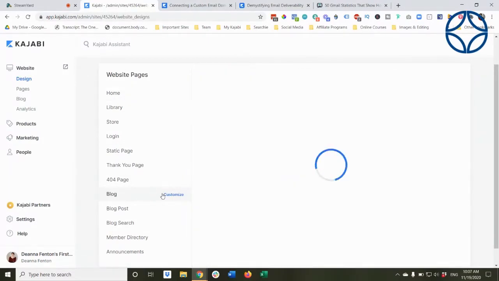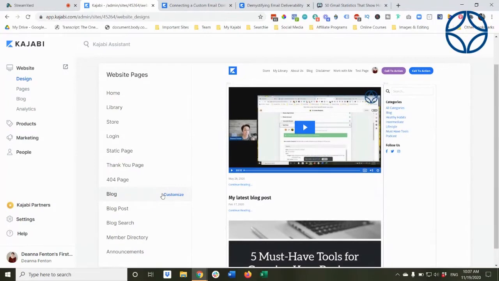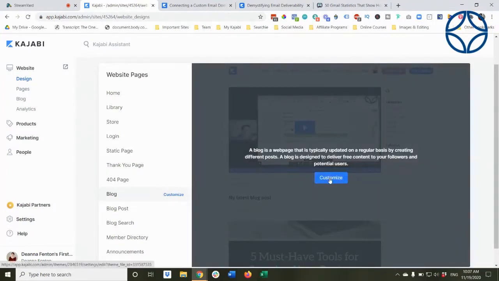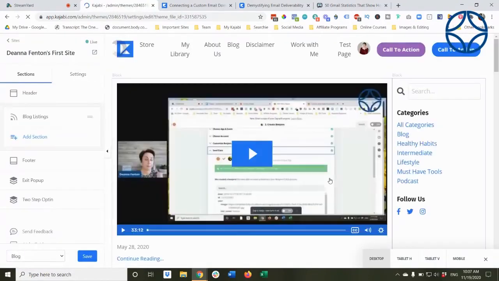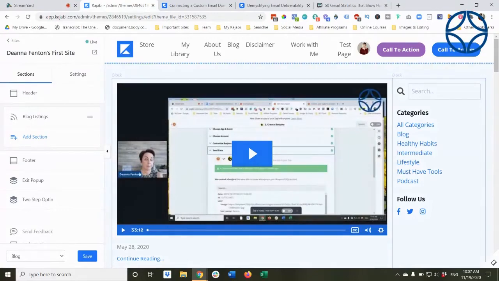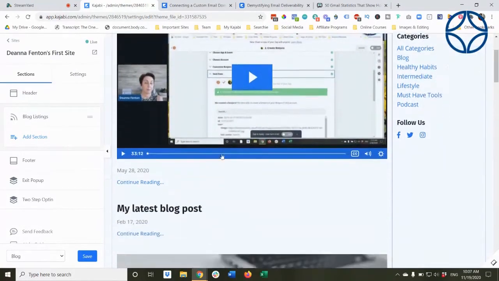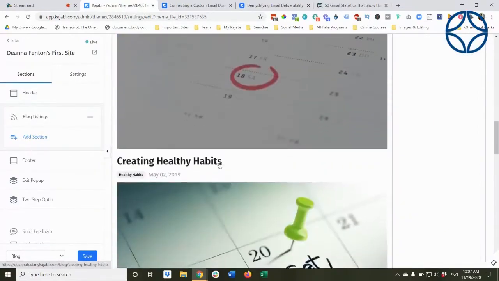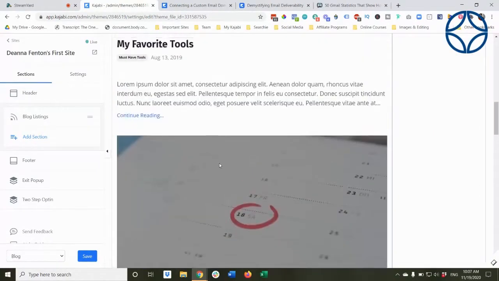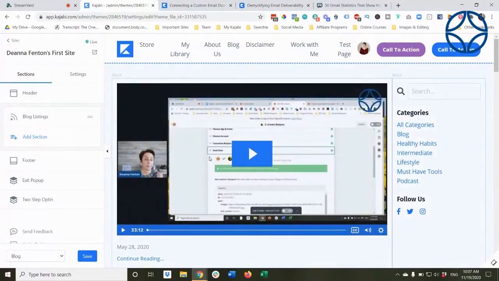Now, many people were disappointed that you really didn't have much in the way of options to customize your blog. It was pretty bare bones, pretty straightforward. So the big advantage now with this new release is you have all the benefits that you have with a landing page to be able to customize your blog. One of the things that I liked in particular, and you can see this is just giving an initial view, and this was sort of the standard way it was before without any options to customize.